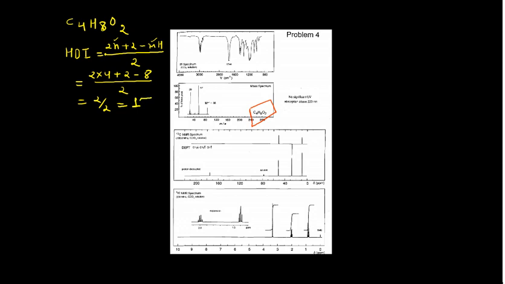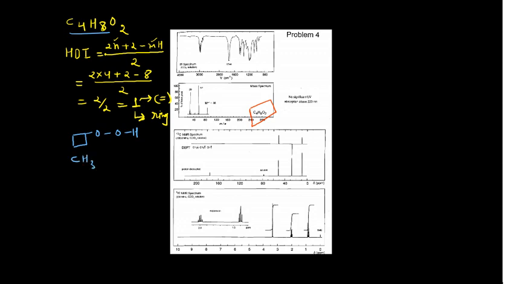It clearly indicates that the molecule can have a double bond or it may have a ring. So you have to look for the structure corresponding to the molecular formula C4H8O2, which can have one ring or one double bond. So what are the possibilities? First of all, you see here I have this possibility, which belongs to this C4H8O2. And second, you may have